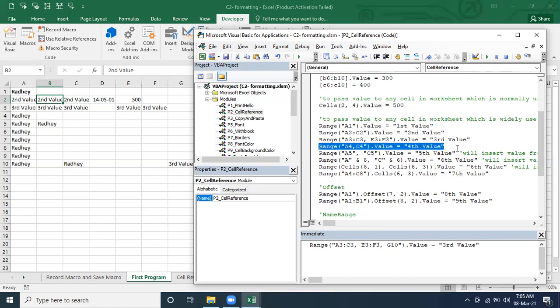What value is going to pass there? To which cell is the fourth value going to pass? From A4 to C4, including B4, right? What I was telling you, Tarun, see, we use only a comma.